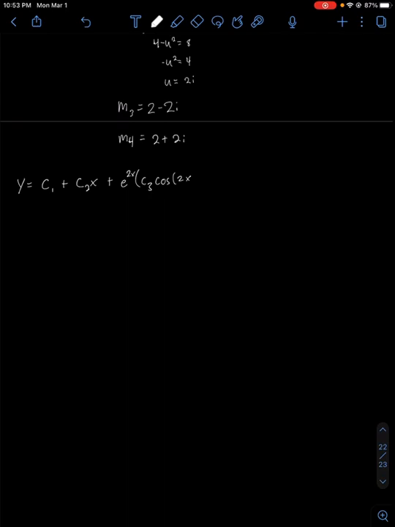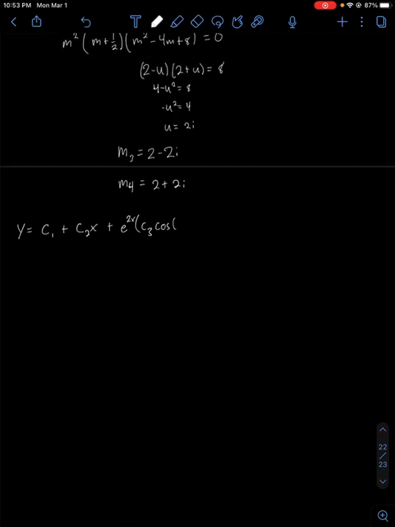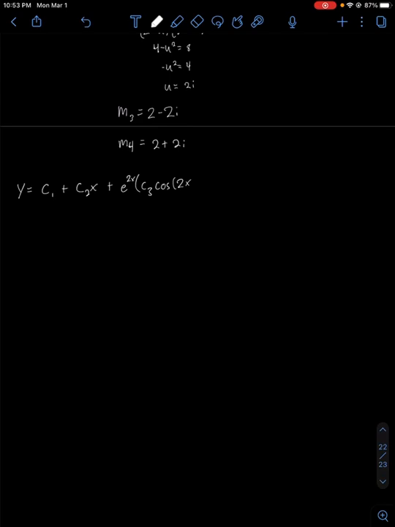Is that right? Minus 2x. No, it's 2x, plus c4 sine 2x plus